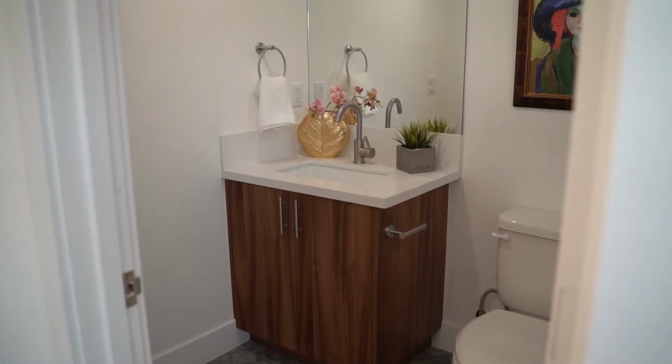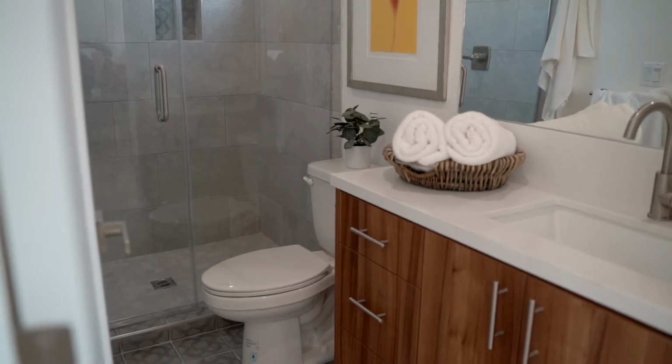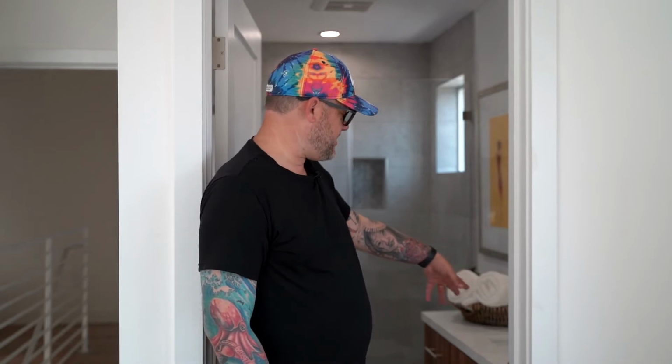We have 2 units that are 4 bedroom, 4.5 bath, and we have 2 units that are 3 bedroom, 3.5 bath. Each one of the bathrooms, we carried the same finish for the cabinetry that you saw in the kitchen with the veneered vanities and quartz counters through to the bathrooms. We incorporated the 6-inch backsplash instead of doing a custom backsplash like we did in the kitchen. Very commonly seen in bathrooms, obviously. For all the faucets, we used simple $40 Amazon faucets. All of the shower valves, we used $150 Kohler faucets and tubs, and very simple finishes,